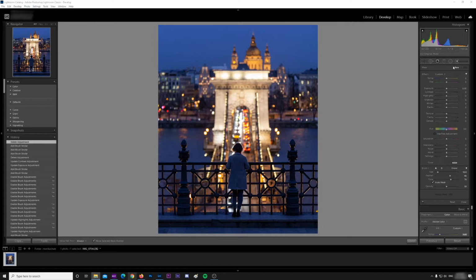Okay, so the next thing I do is I'll use the brush tool. In the brush tool, there is this option called the auto mask, and this makes your retouching job easier, as it tries to stay within the selected area you're using the brush tool on. With the auto mask selected, you can turn down the feathered slider here,